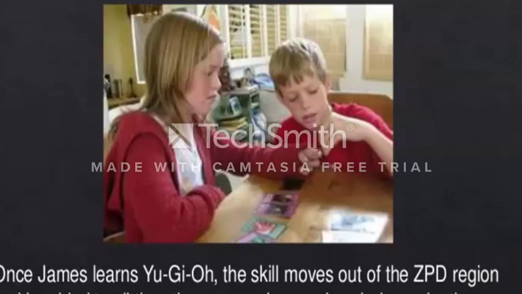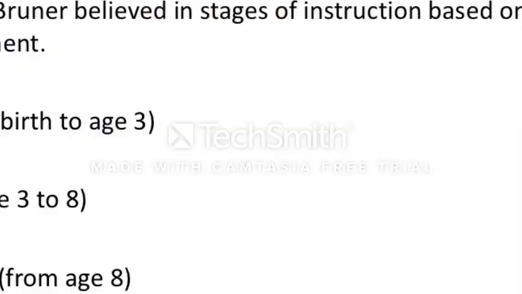So ganun, no? There is a path of knowledge in the process of ZPD. So in time, James becomes the more capable player and begins to teach his sister. So James naman ang nagtuturo sa kanyang sister. Hindi na si Ali, since alam na naman ni James.